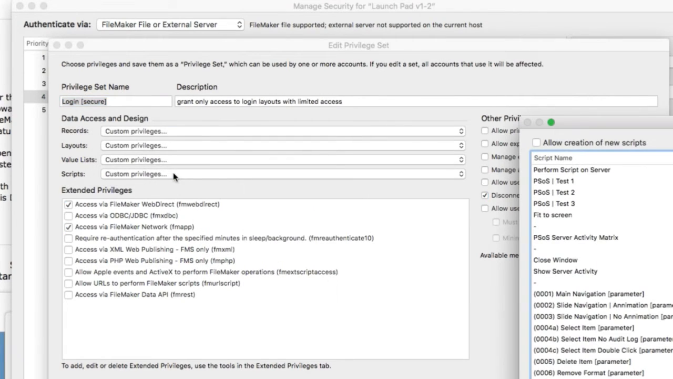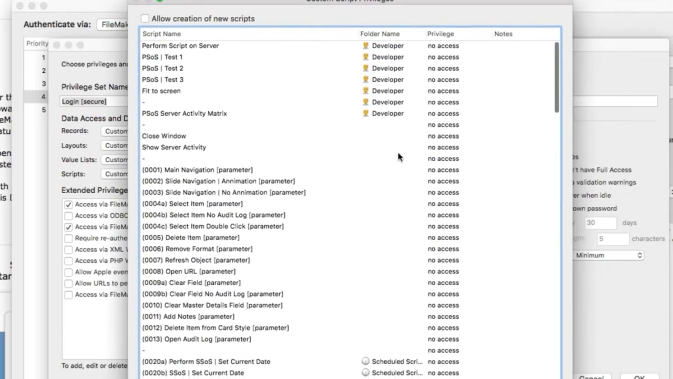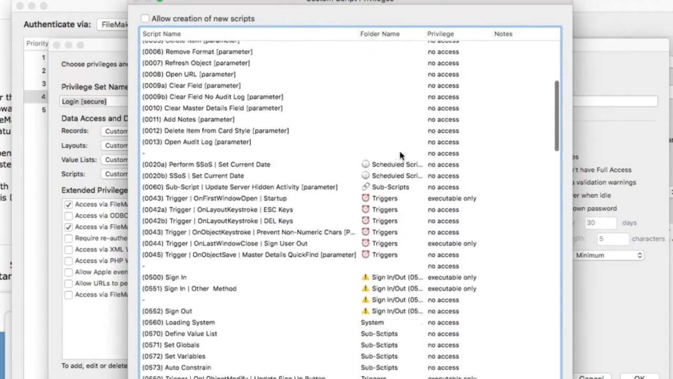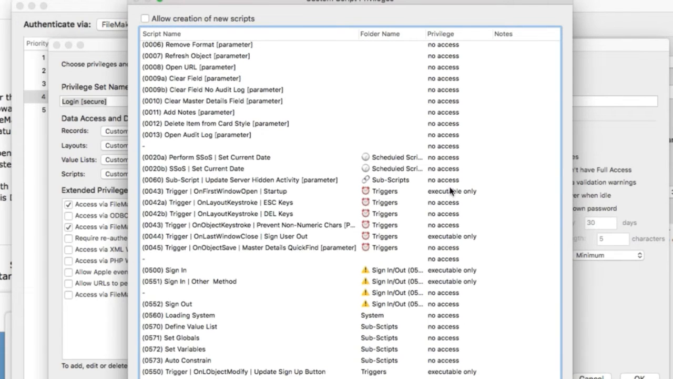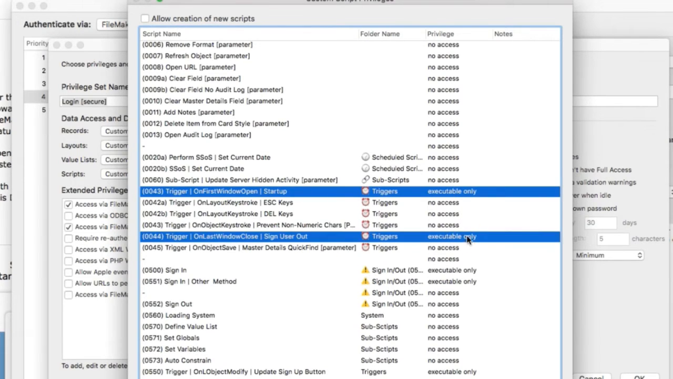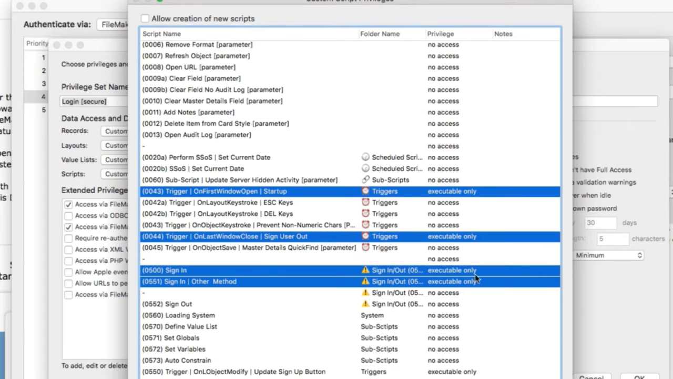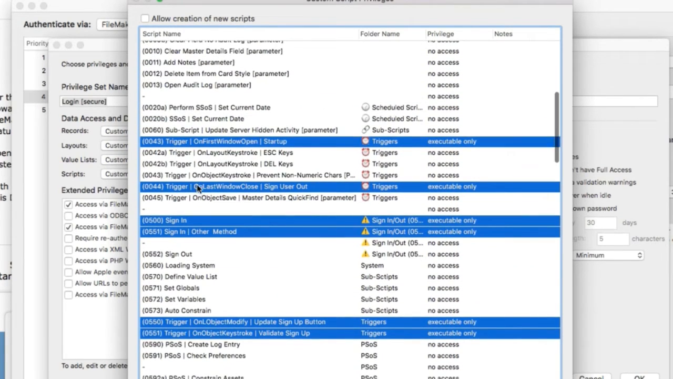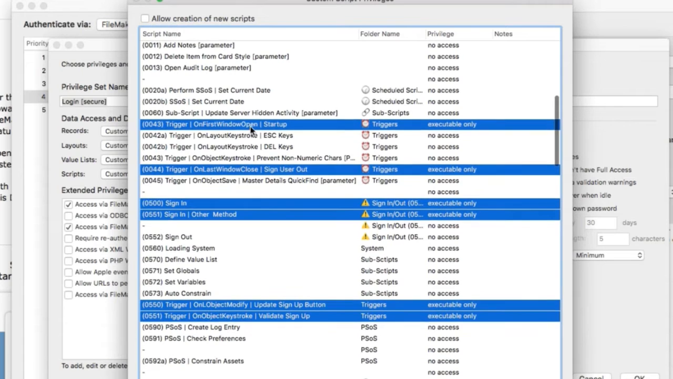Same thing for scripts. For scripts, we are limiting access to all of the scripts. No access to scripts, only the scripts involved in the startup. So those are scripts involved in the process, right? This one is when you first open the file, so that is before you even try to type